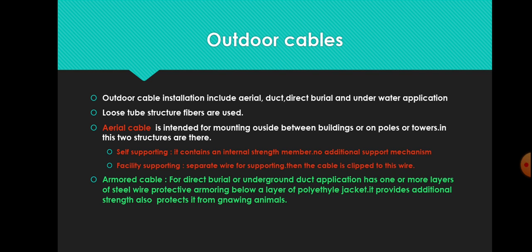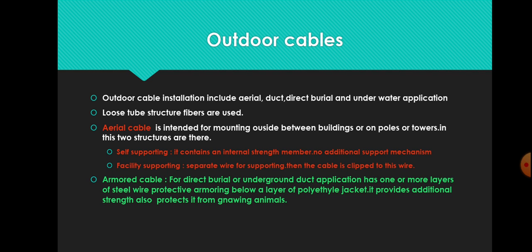In the case of self-supporting structure, it contains an internal strength member, and there is no additional support mechanism. That means the aerial cable is supported between the two poles without any other supporting mechanism. In the case of facility supporting structure, the cable has a separate wire for support. That means first that additional wire will be mounted between the poles, and then this cable is clipped onto that wire. So the next type is the armored cable,